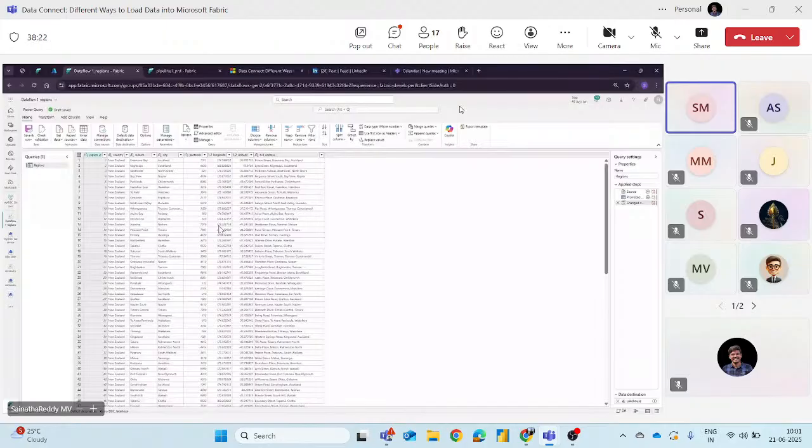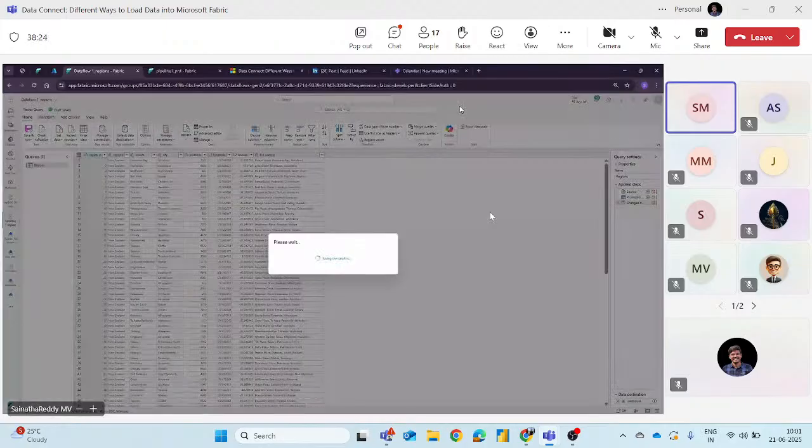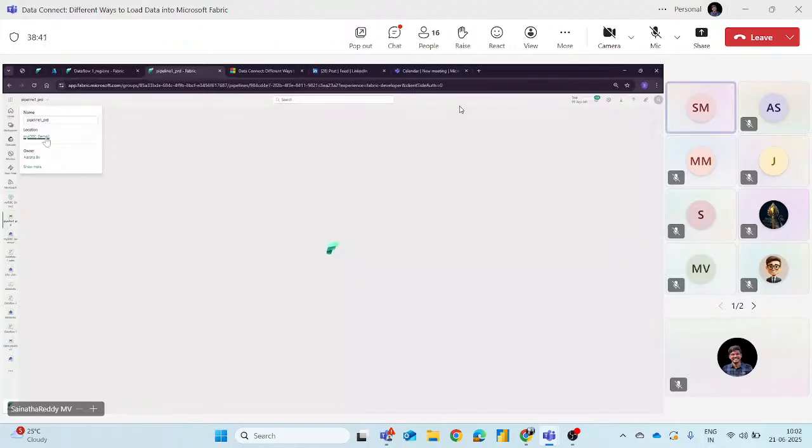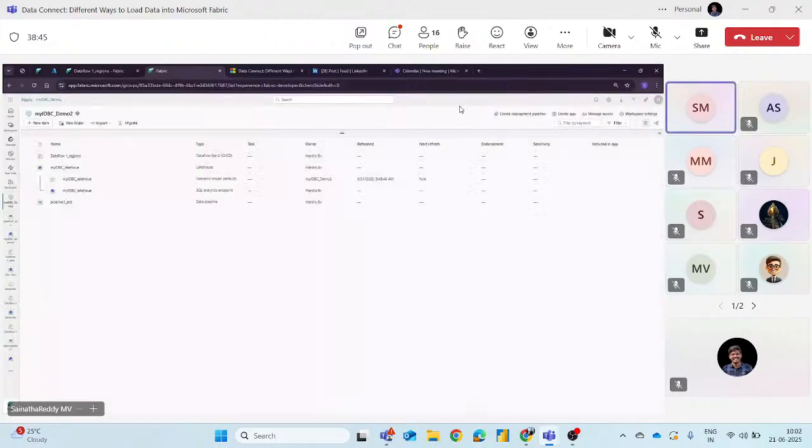But there is something catchy here. I see there is a publish button here, but I'm not sure. You will see a publish button here, so it will directly give you a publish option. Anyway, we'll go here and see whether the data is loaded into the region table or not.